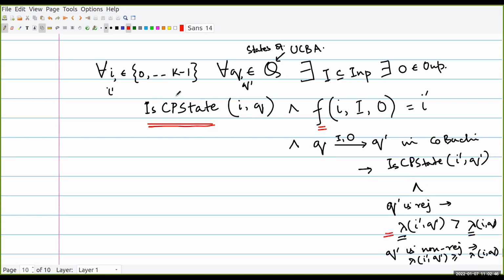These are the cross product states that mattered in the cross product graph of that Mealy machine with the universal co-Büchi automaton. And because you are able to solve this thing on integers, it means that there is no cycle on a rejecting state. So therefore, you really need to go to